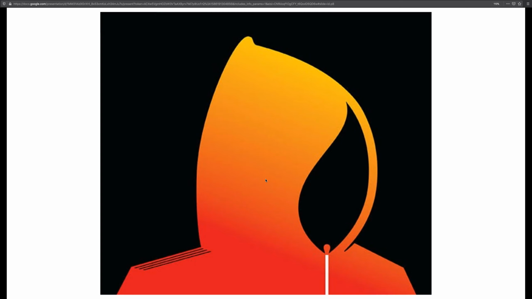Now, I see a hoodie and a match. I'm not totally sure how these go together, but I kind of think about the Unabomber, who was always seen in a hoodie. I don't know if you know who that even is, but again, it's interesting that the hoodie, with the you can even see the